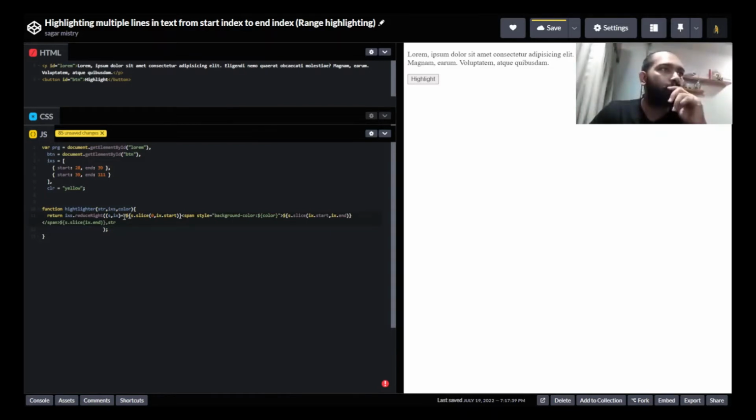So we have this function. Then we have the span tag. In that span tag we gave the variable color, and in that we gave two values, start and end, and after that we just close that value. Okay, so I think it should